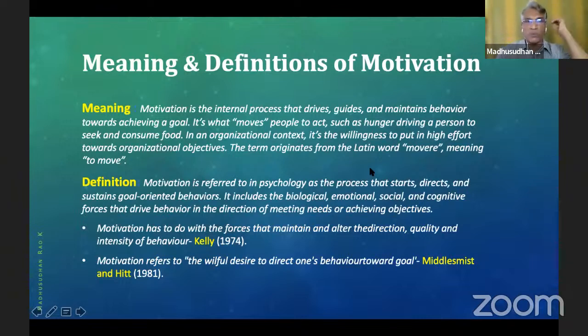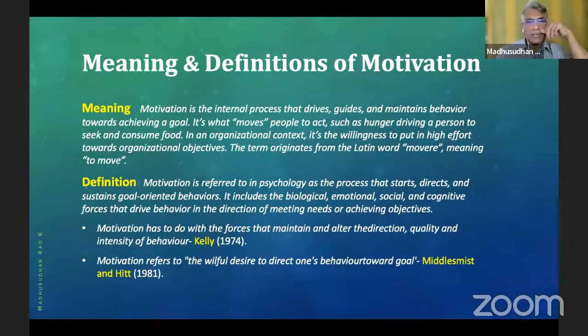What is the meaning of motivation? Motivation is an internal process that drives, guides, and maintains behavior towards achieving a goal. Motivation is nothing but move. Now, the definition. Motivation is referred to in psychology as a process that starts, directs, and sustains goal-oriented behavior. It includes the biological, emotional, social, and cognitive forces that drive behavior in the direction of meeting needs or achieving